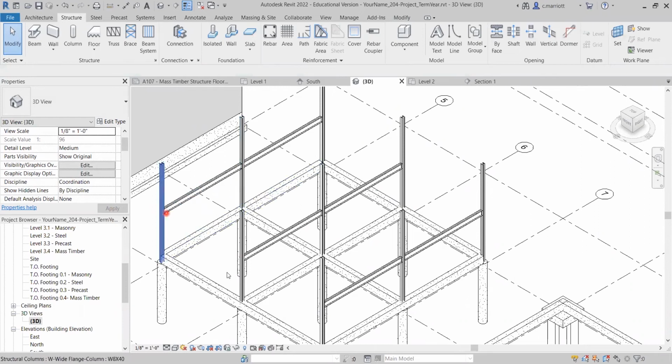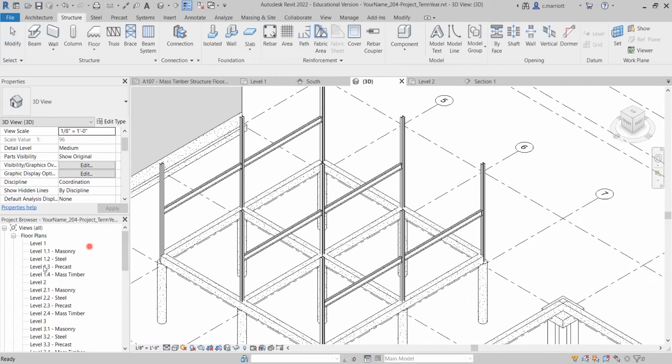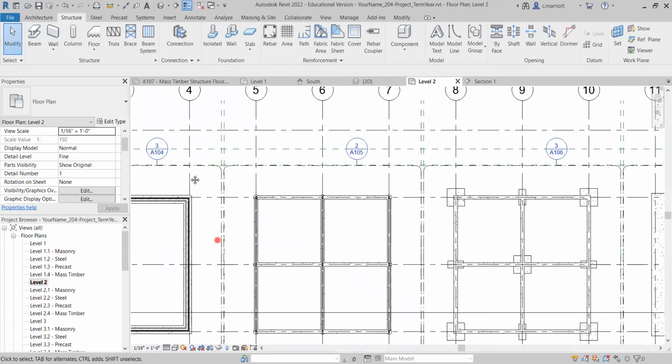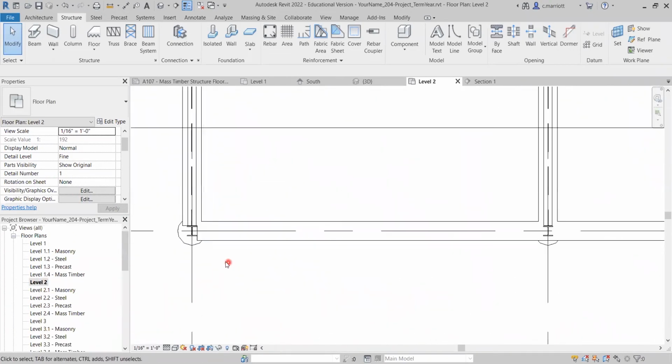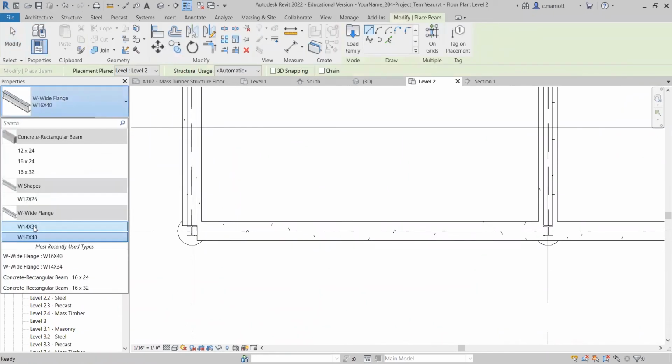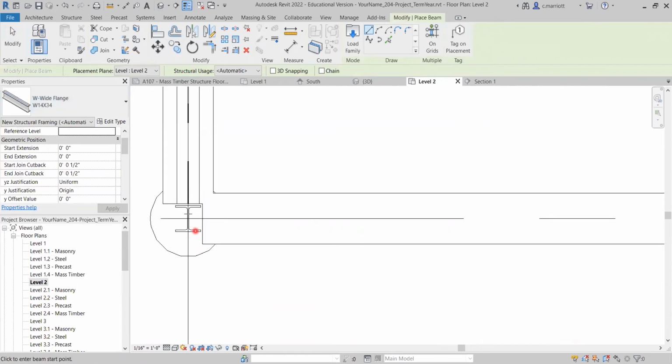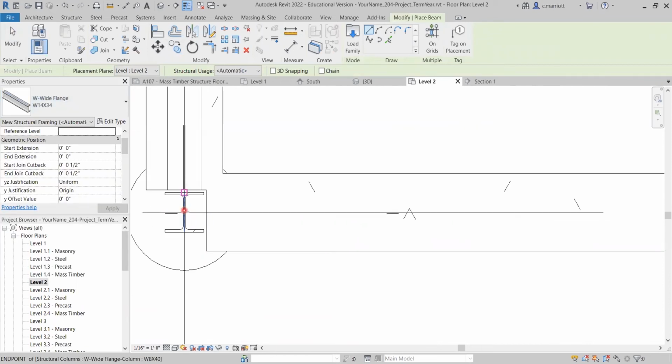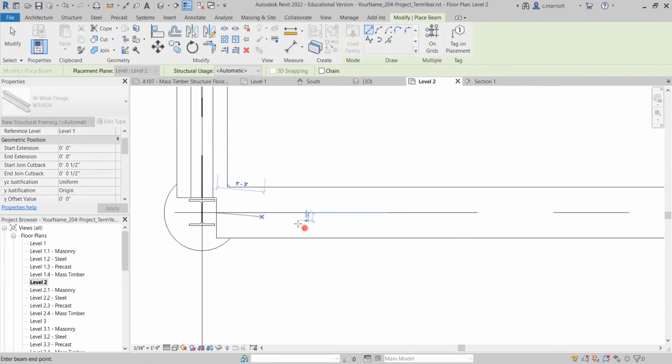So they'll be just along the outer 2 column lines. They're a smaller beam, and they're also going to have a different height. They're only going to be -4 inches from the level 2. So let's go back to level 2. I'm going to add the beam. These ones will be smaller because they're not taking as much load. And I'm going to place them